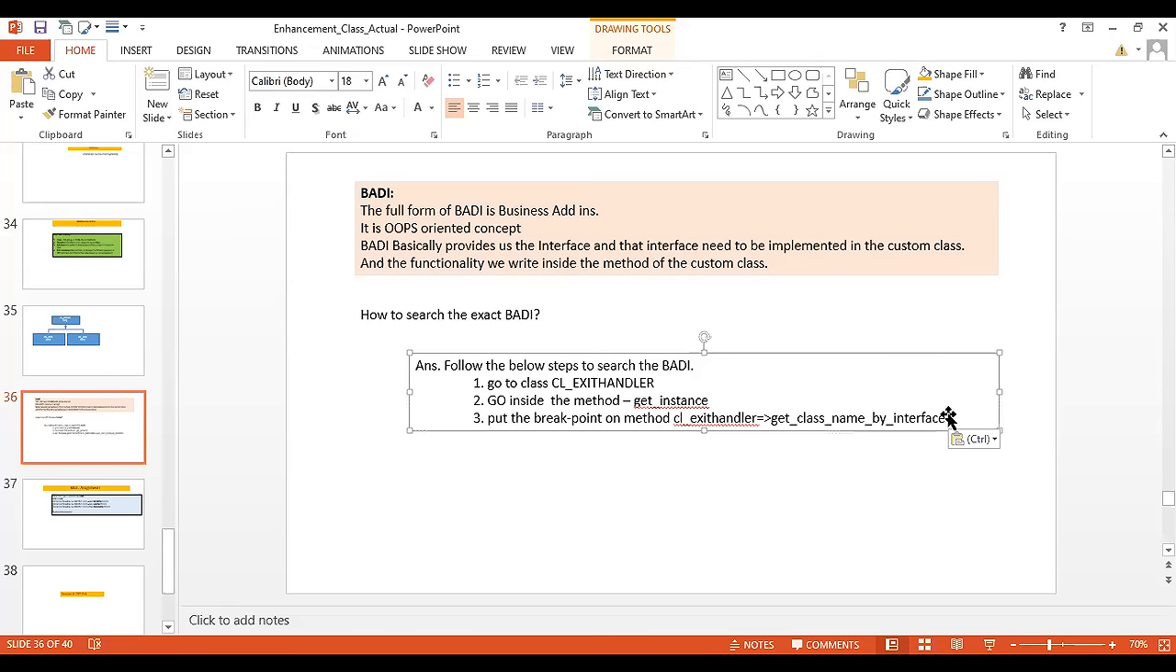Get class name by interface. Here you will have to put the breakpoint. And once you put the breakpoint, go and perform the transaction which you want to perform, and note down